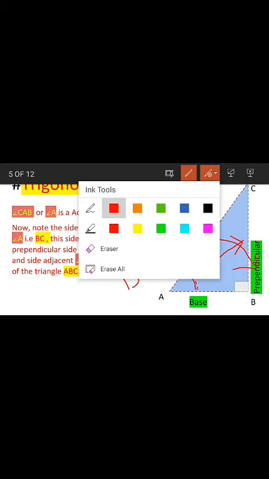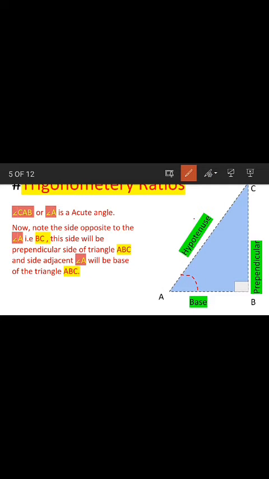To understand that concept, we will use the same theory. Here let us take the given angle A, and now remember, class, in the case of the base, always remember it is the side adjacent to angle A, or the side with which angle A is making an angle. So here it is making an angle with AB, and the side AB is adjacent to angle A, so this is going to be the base of right angle triangle ABC.